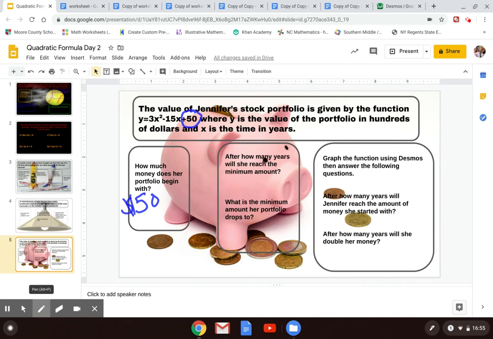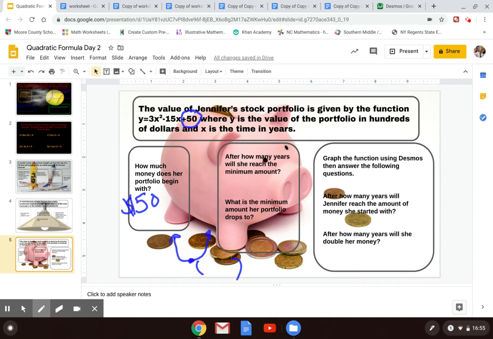Now, same thing here. It says after how many years will she reach the minimum amount? Again, this is a positive coefficient of x squared, so that means it's opening upwards. So this time again, we're looking for a minimum value, and what that ordered pair is going to be. Where it says after how many years will she reach the minimum amount, x is the time